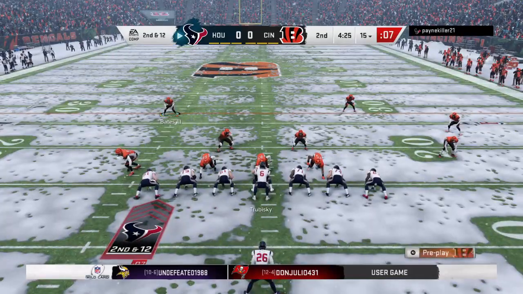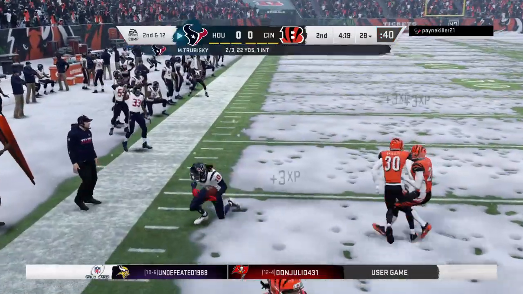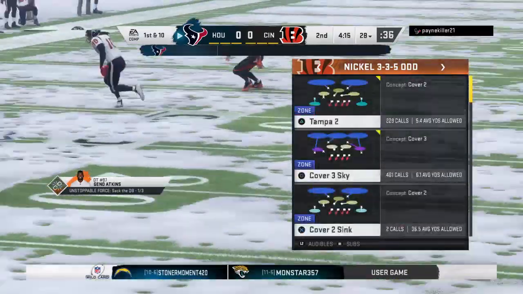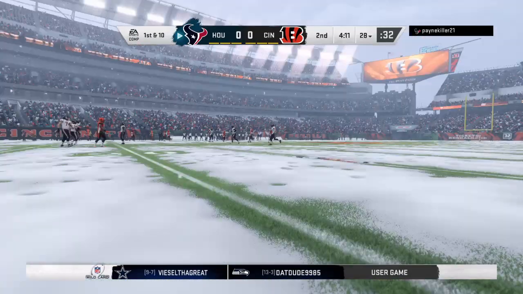Trubisky will throw. The catch made by DeAndre Hopkins. He had over 100 catches in the regular season, and now he's got his first catch of this wild card game. But it appears that they read man defense and went to the out route, and what you have to